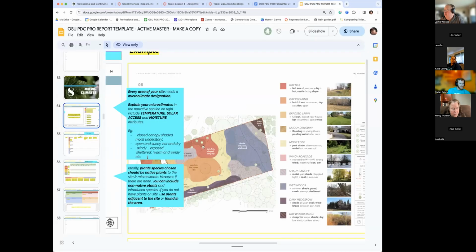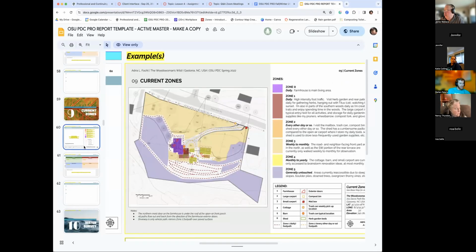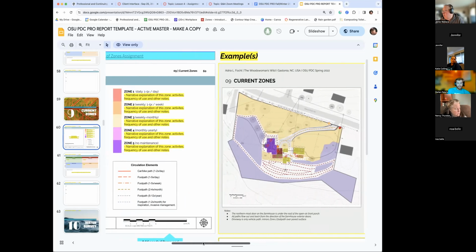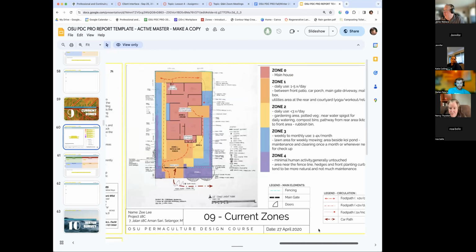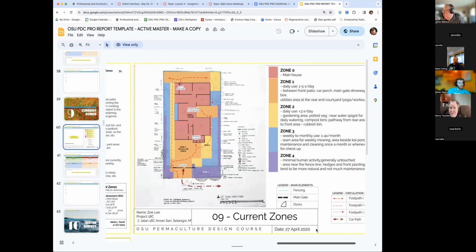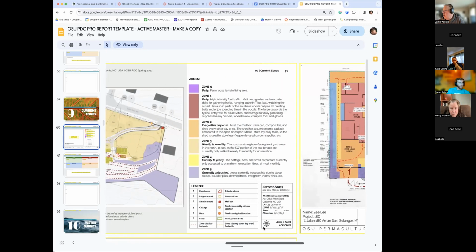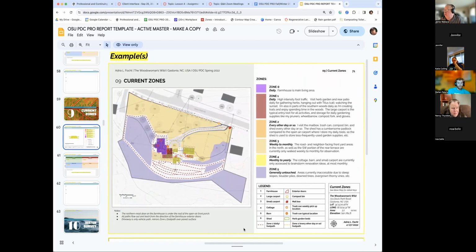And if we go up to, there we go. There's an example here. And there's one as well for an urban site. Now, one thing I will put out there as a cautionary note, and I do see this happen quite a bit, is when we get up into the higher zones, like zone 5 is